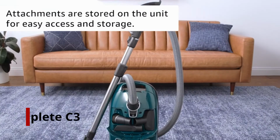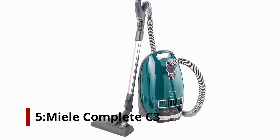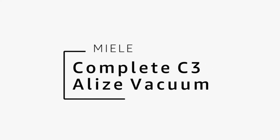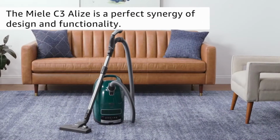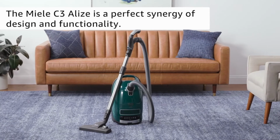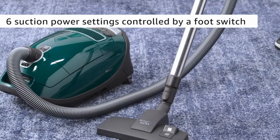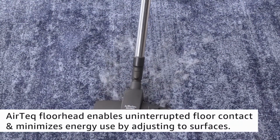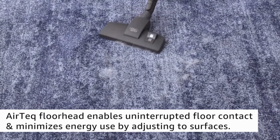On number 5, Miele Complete C3 Alize Power Line. The Miele Complete C3 Alize Power Line is the greatest canister vacuum we've tested. This model performs well on a variety of surfaces, including bare floors and high pile carpets. It's corded and has a large dirt bin, so you can tackle large areas without constantly emptying it. It contains a HEPA filter that traps allergens and 7 different suction power levels, so you can tailor it to